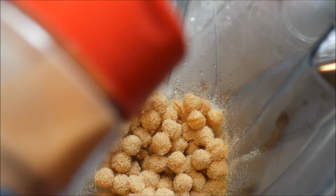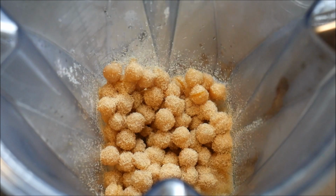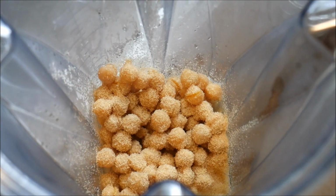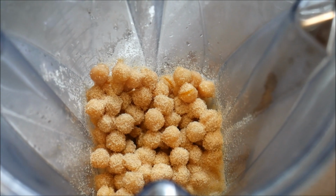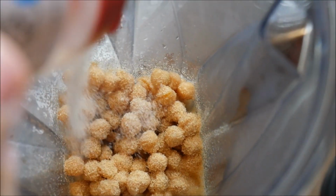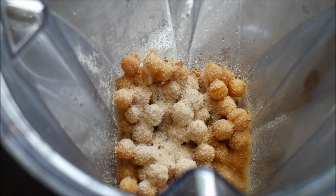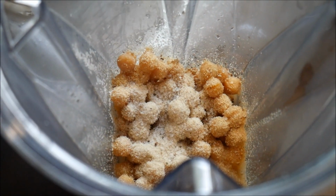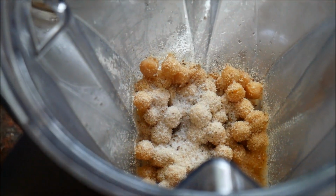We're going to put some garlic powder in it. We usually like to put some garlic cloves in here, like you can put 1 or 2 garlic cloves, but if you don't have that, you can just put garlic powder. And then we're going to do some onion powder, some salt, some pepper,